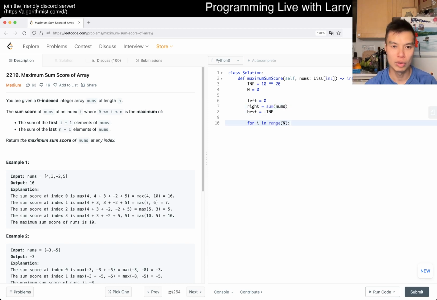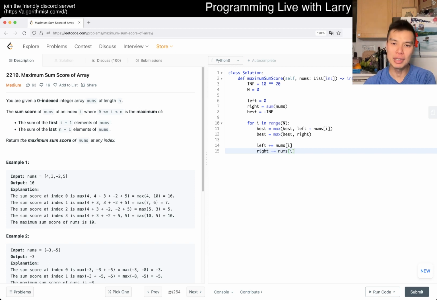And then now, best. You can even do the sums independently, because you just max this and then you max over all these things. That's what I was trying to look at. I was like, huh, you don't even need to get the score immediately, right? So then this is going to be the right, and then left is just left plus nums sub i. You do max on best on this, and then you do max on best on right. And then now left, we want to increment it by nums sub i, and the right, we subtract it as you move to the right.